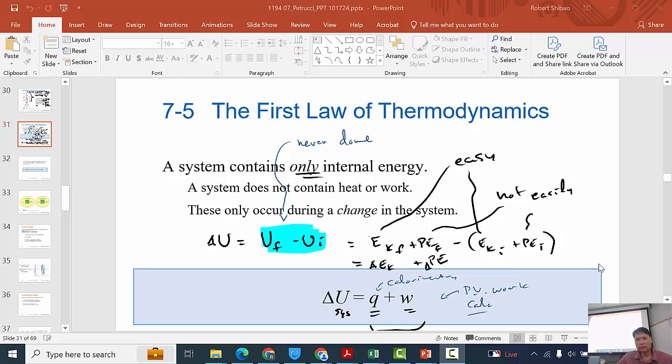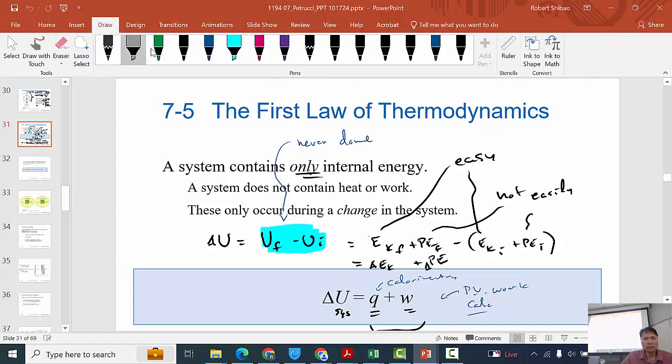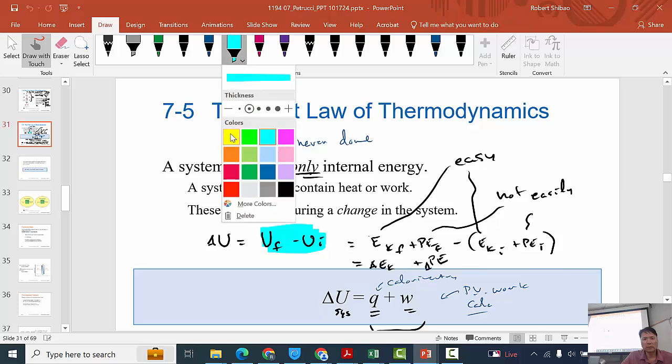This is an extra lecture on Chapter 7. So we're going to start where we left off on Thursday, which is the first law of thermodynamics. The first law of thermodynamics just says that energy is conserved. And so when we see this particular equation for the first law, shown here,